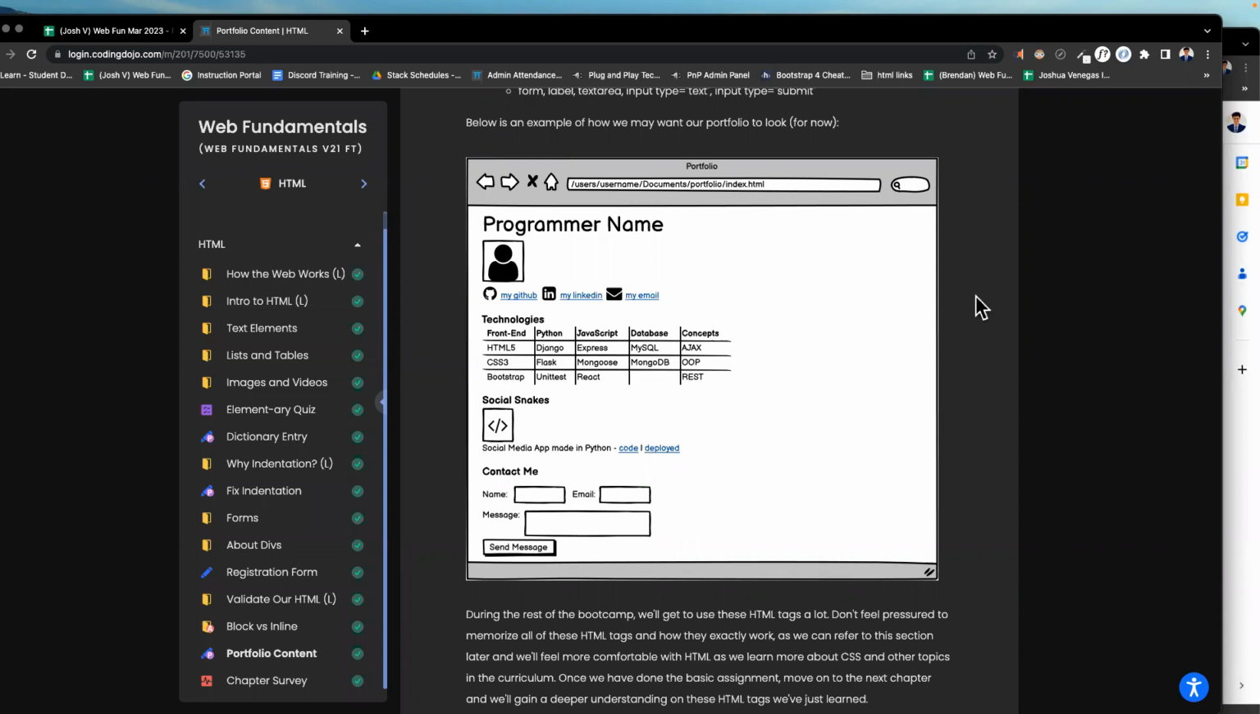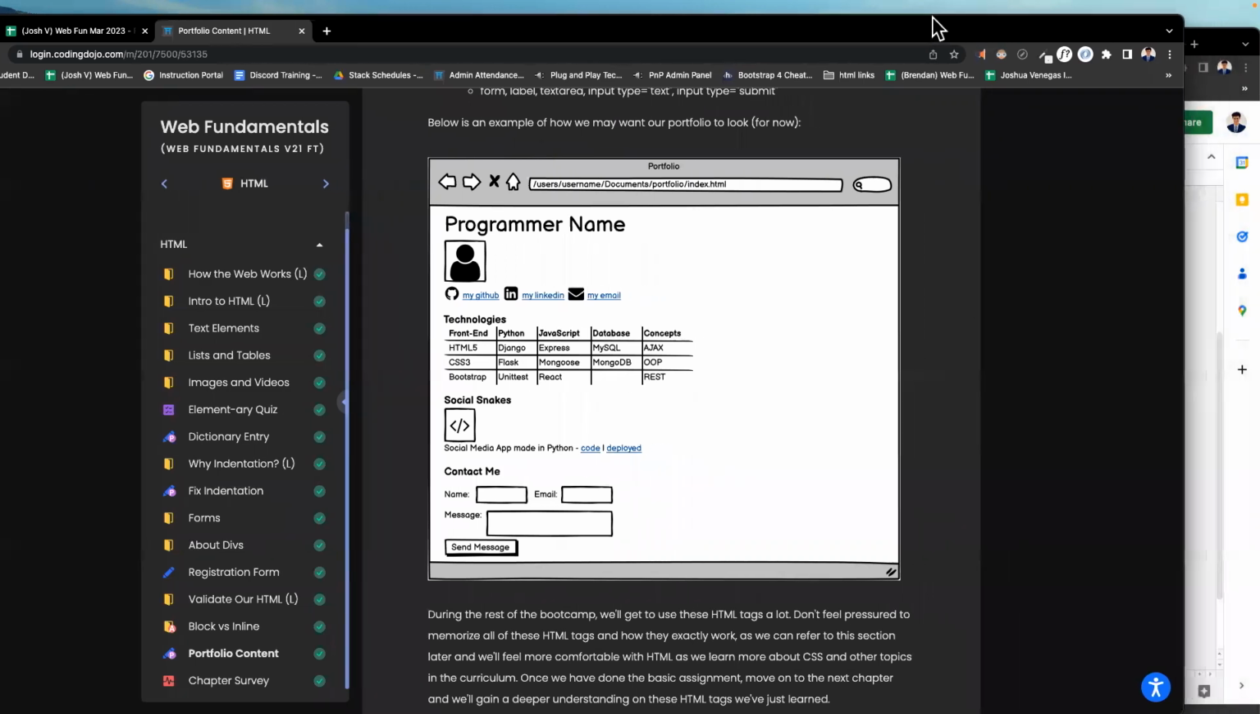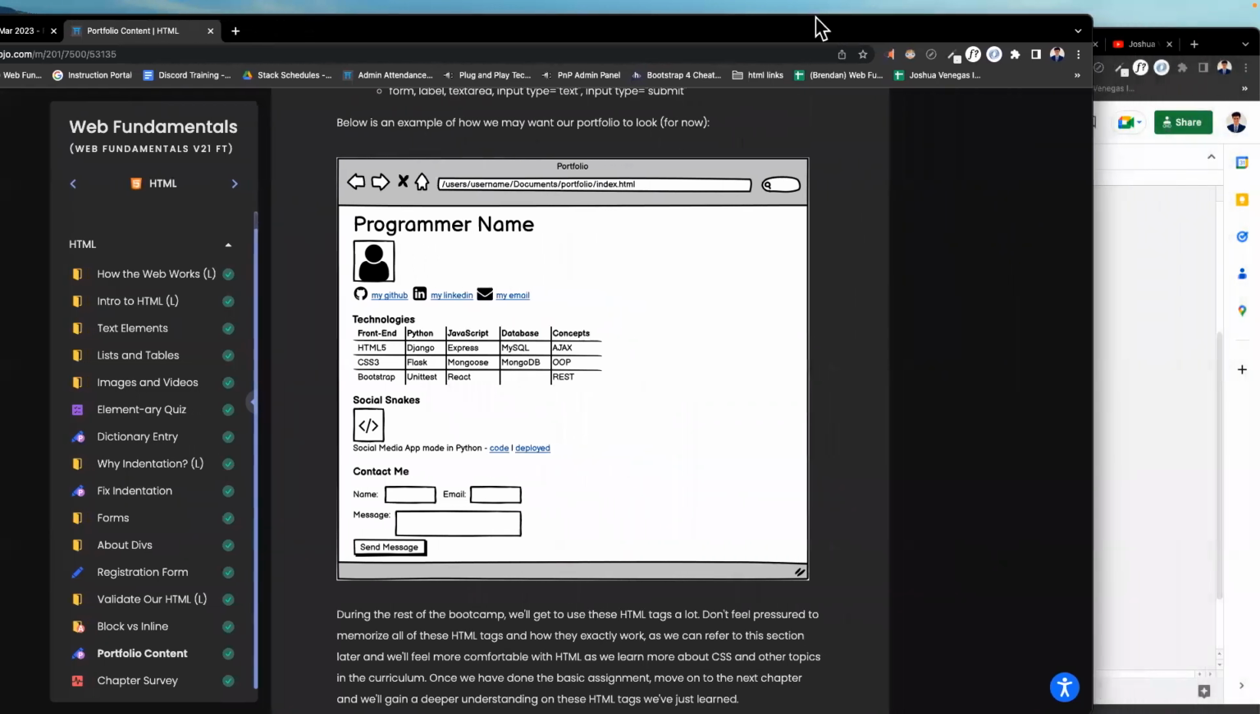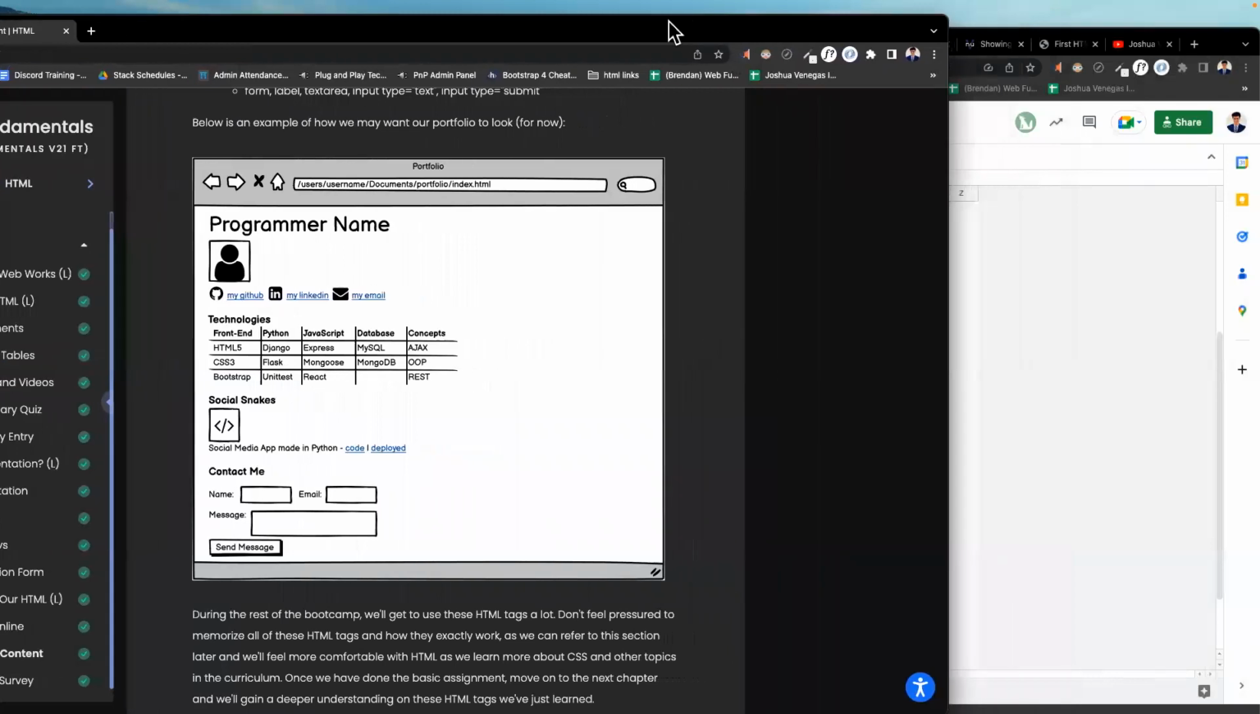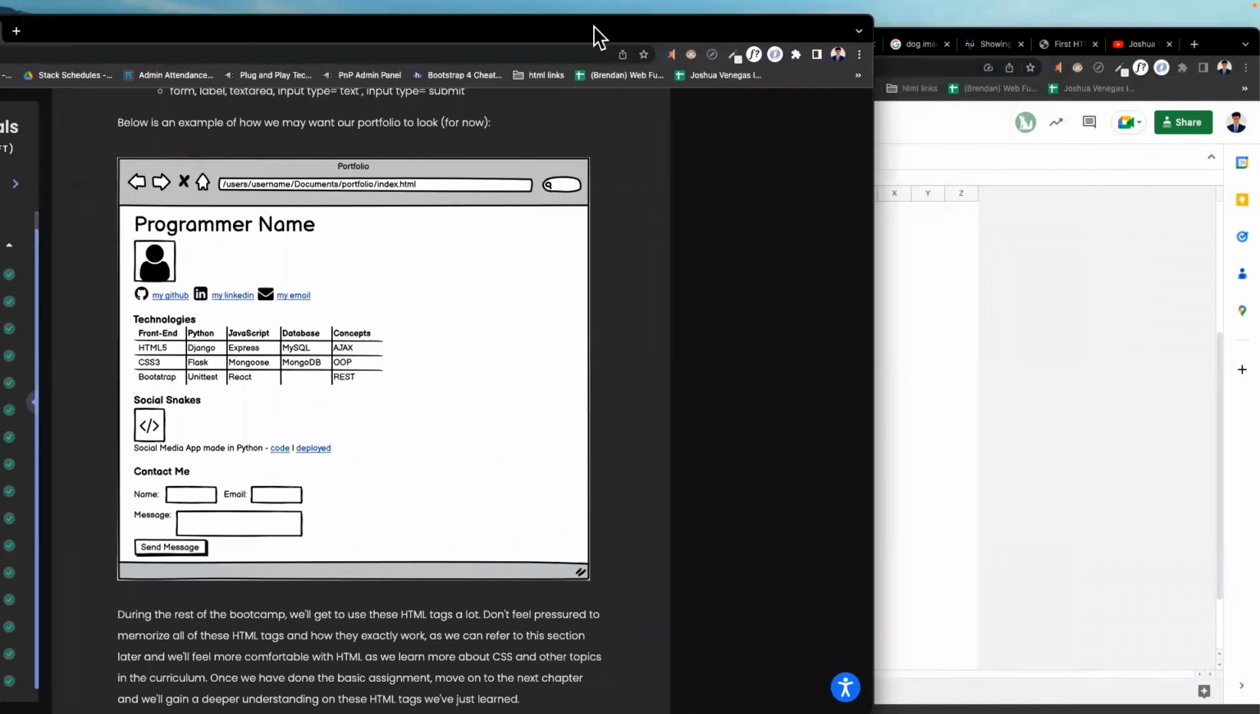Okay, so let's go ahead and start thinking about what we'll need here in order to create this page. The first thing that I see here is an H1 tag. Well, actually, the first thing is the name of this title at the very top. So we have a couple things to approach. Let's go ahead and